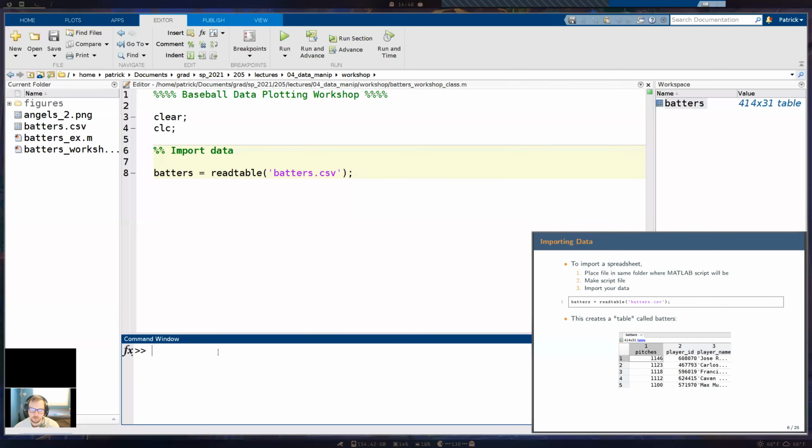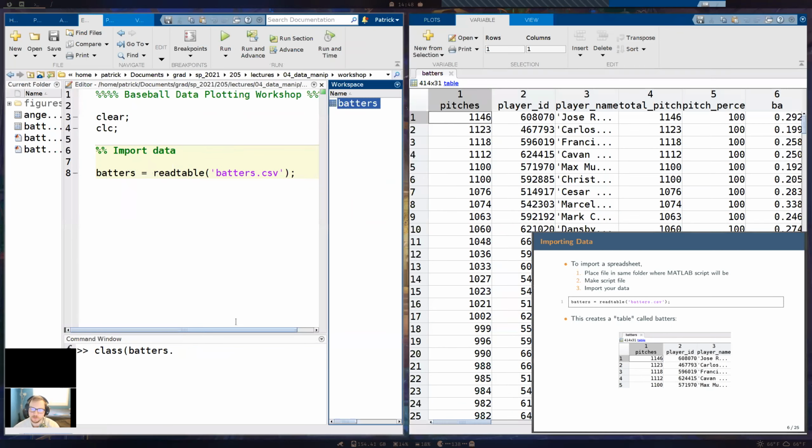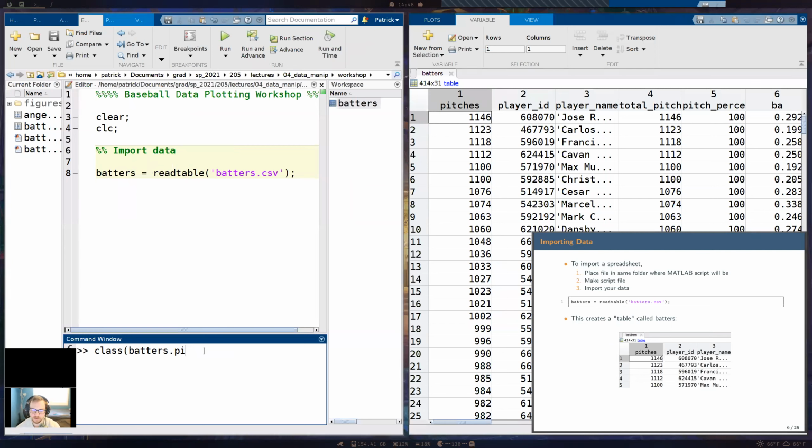So if I go in the command window and I type in class of batters, so that's our table. And I'm going to use dot notation now, which is, basically I can access some column inside of our table. So the first column, that was called pitches. So if I do dot pitches, then Matlab tells us that it's a double.